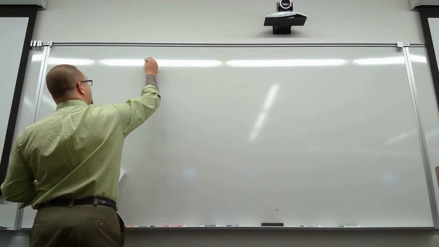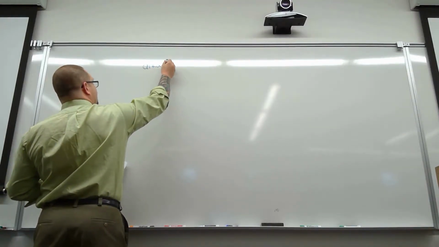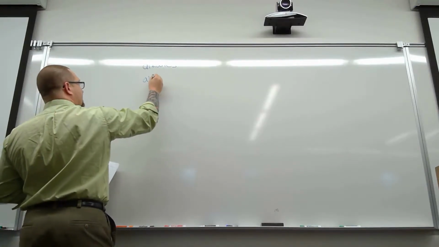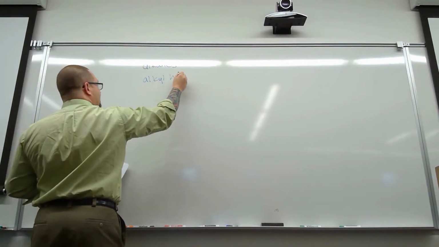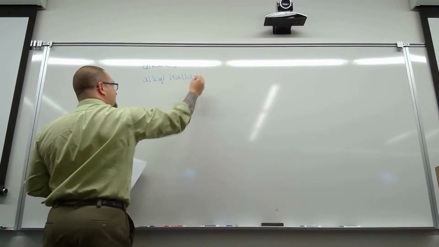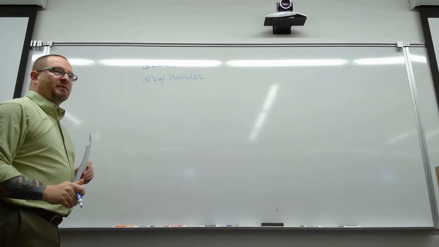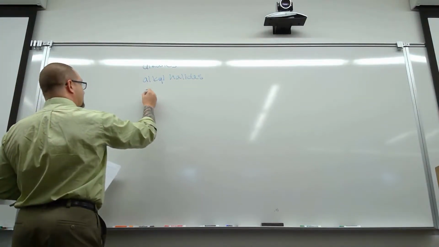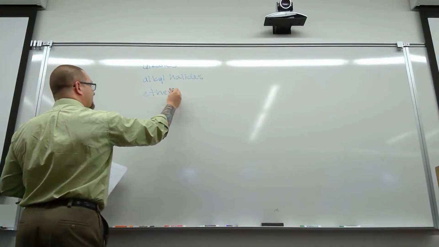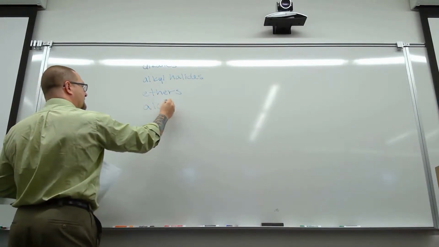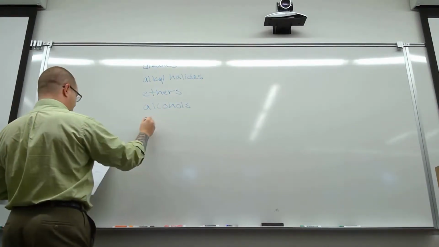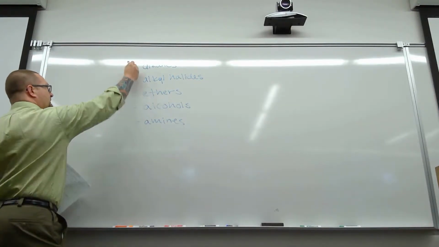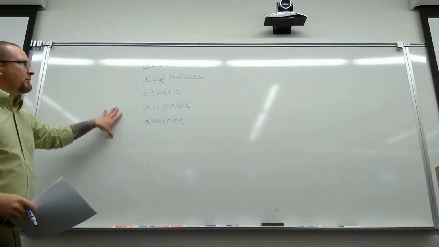Maybe blue's pretty. We're going to be looking at alkanes, which we're going to start with today. Alkyl halides, which are when we have halogens substituted on alkanes. We're going to look at ethers, alcohols, and amines. So this is where most of our energy is going to be for the rest of the semester,